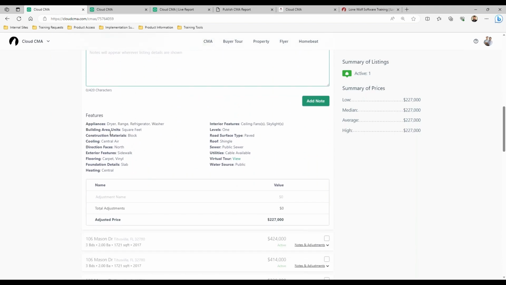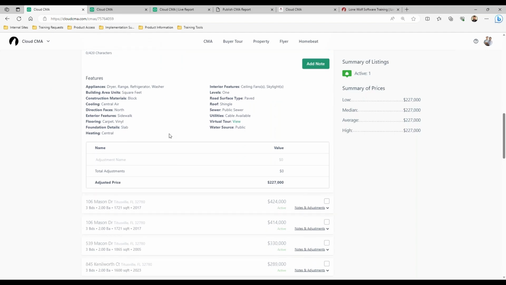You can even see additional features. What's great too is if a virtual tour is public on the MLS and it all is linked out, you can even view the virtual tour of that specific listing simply by selecting the view button. And of course, you'll even see right underneath there is an adjustment section because sometimes the prices, especially when it's an active status, might need to be adjusted